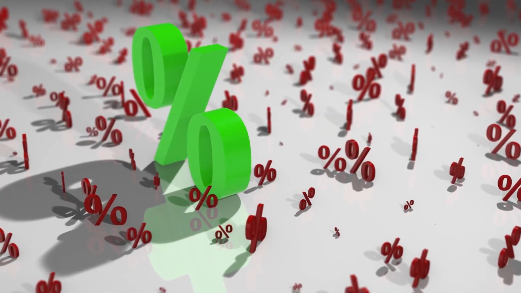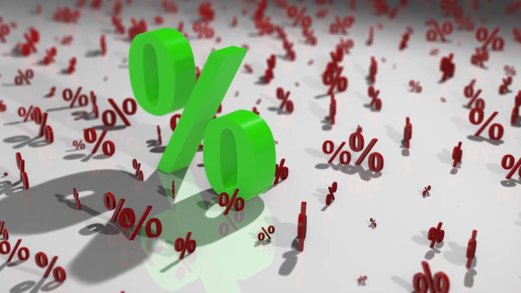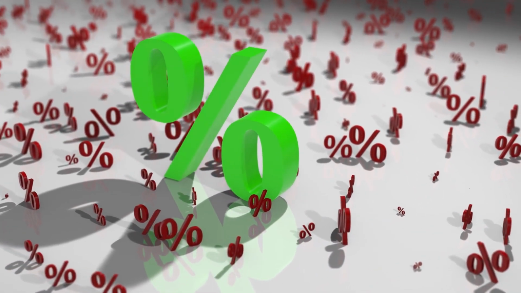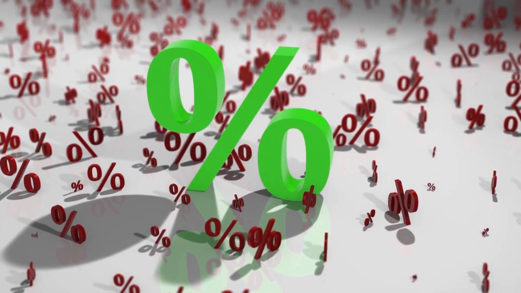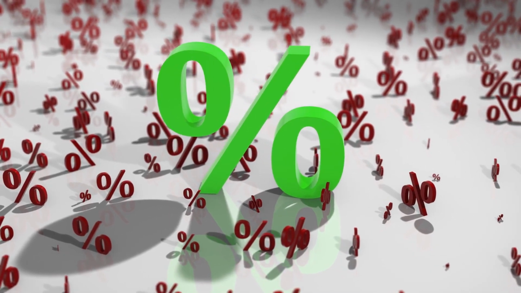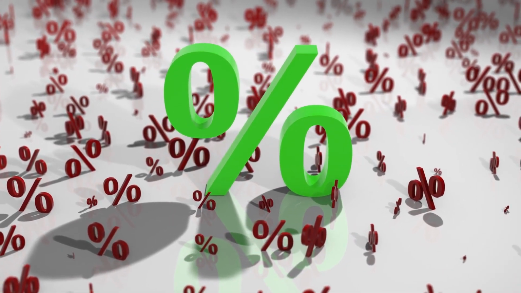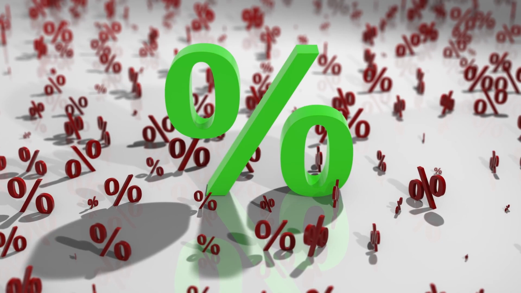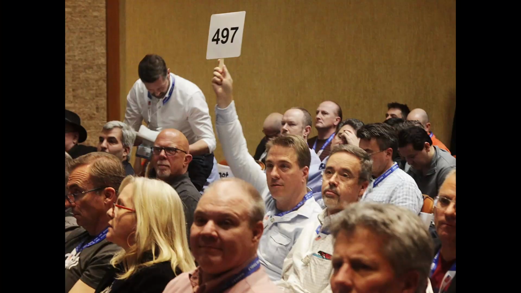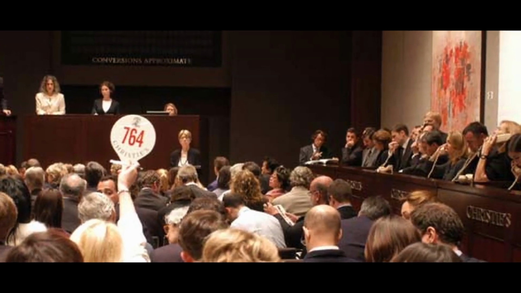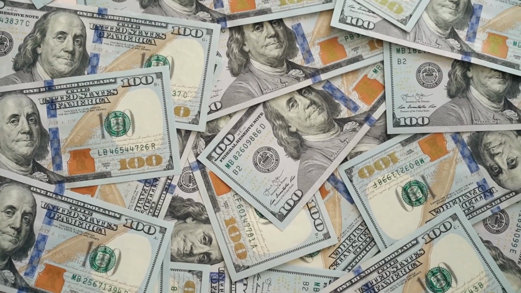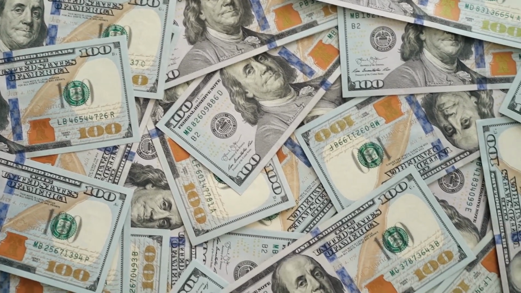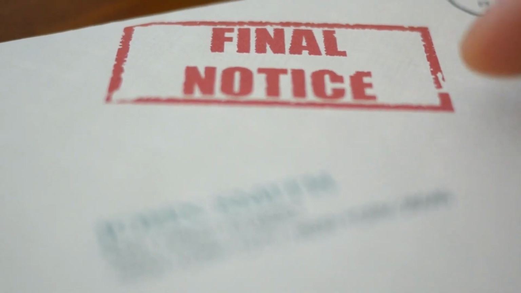At the auction, the amount of the tax owed does not change. However, the buyer's bid on what percentage interest they would like to receive does. So in Illinois, the amount of interest is capped at 18% per each 6-month period the debt goes unpaid. So essentially, if you're at an auction, the bid would start at 18%, then 17%, 16%, and keep going down until no one else bids. And then whatever the final number is, that's the percent interest return that you'll get on whatever you paid on that tax auction.